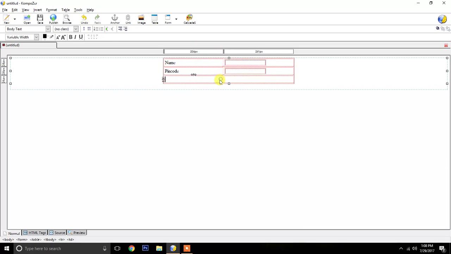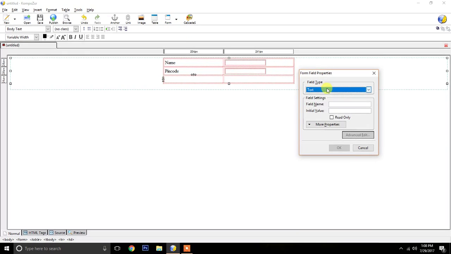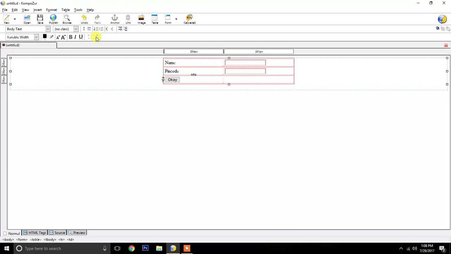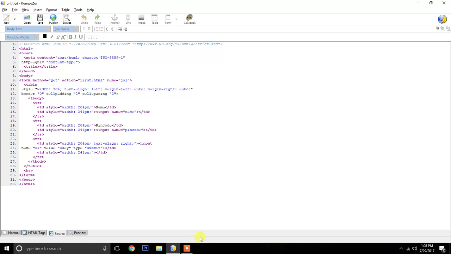Okay, now I am adding one submit button, so that when users click on that button, you get some validation. Whatever name or value you want to give, just give it. Okay, now we have to go to the source code. Let me zoom here.